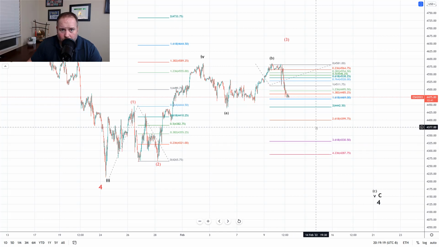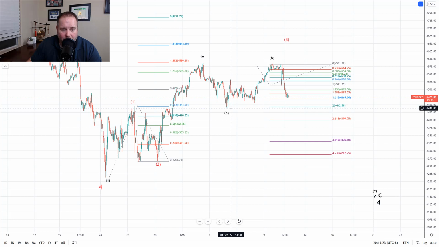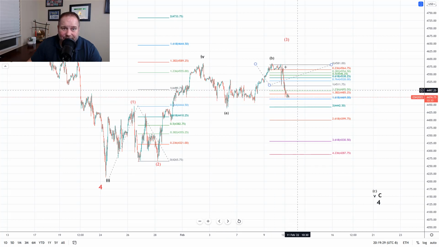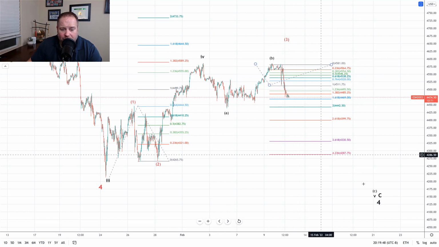For the bulls, it's pretty simple for them now. They need to hold this low. Much like the bears yesterday, they need to hold above this low at 4438.50, and then get a 5-wave move up that takes out this high. If they can get a 5-wave rally up over this high, then it becomes more likely we're headed towards this wave 3, and staying in the bullish structure. But with the way the market moved down today in a 5-wave pattern, it does look like the bears are trying to take control here and start the C wave down.